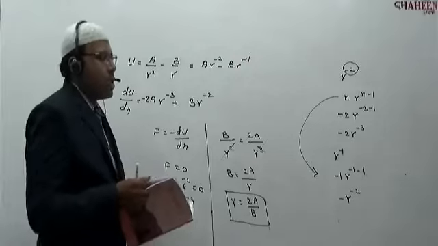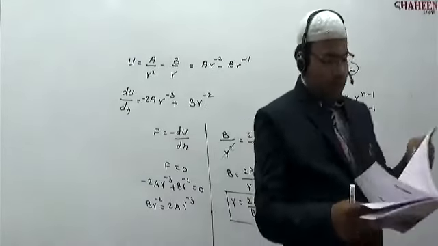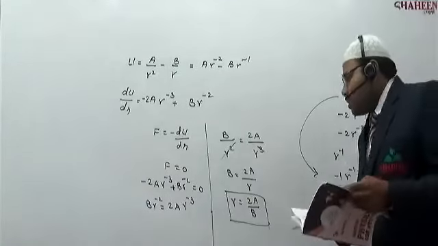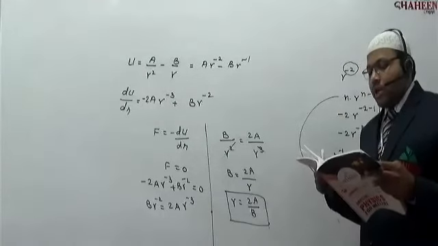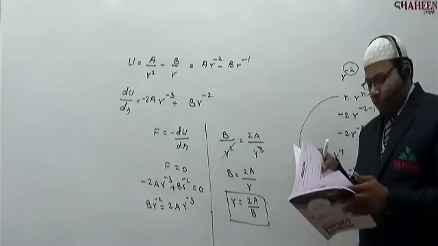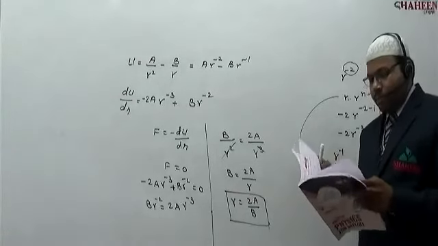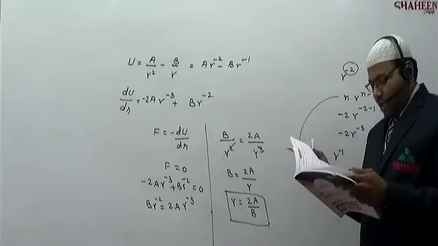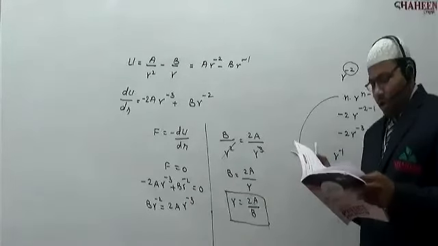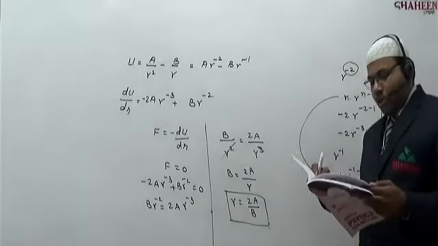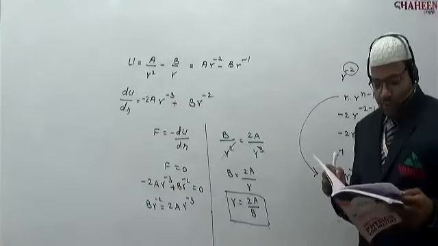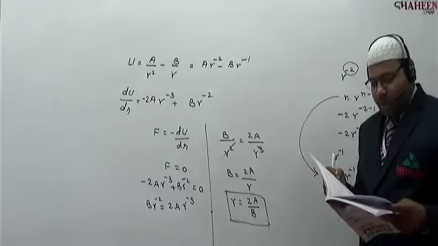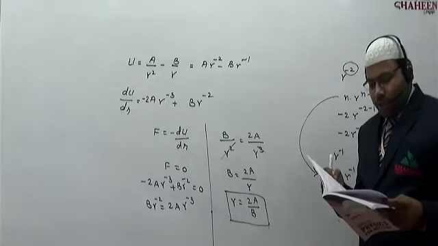See, there is a mistake in the key, beta. The answer we are getting is 2a by b, but in the options for the 10th question they have given the answer as a, which is wrong, 100% wrong. In the solutions, they got the answer on page number 110. You can check page number 110; they have a different method for that, but we go by what we calculate.